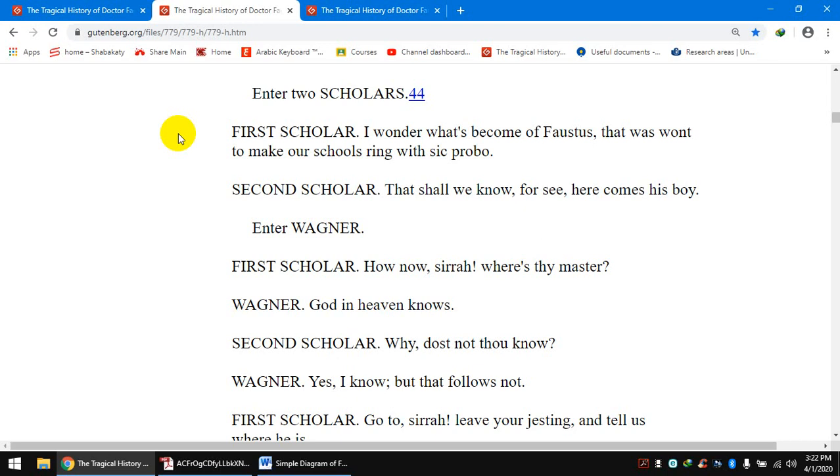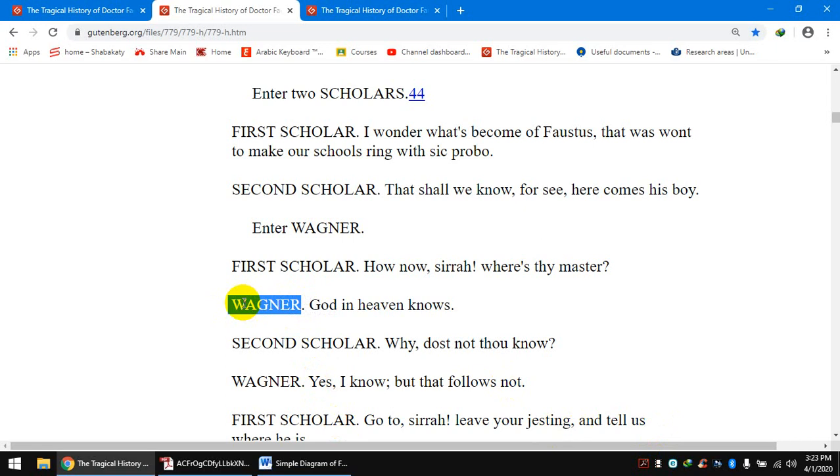Wagner, as we talked about earlier, is the servant of Dr. Faustus,